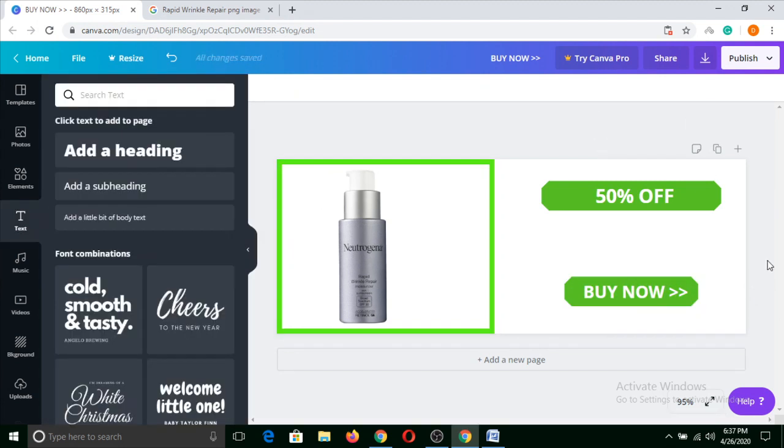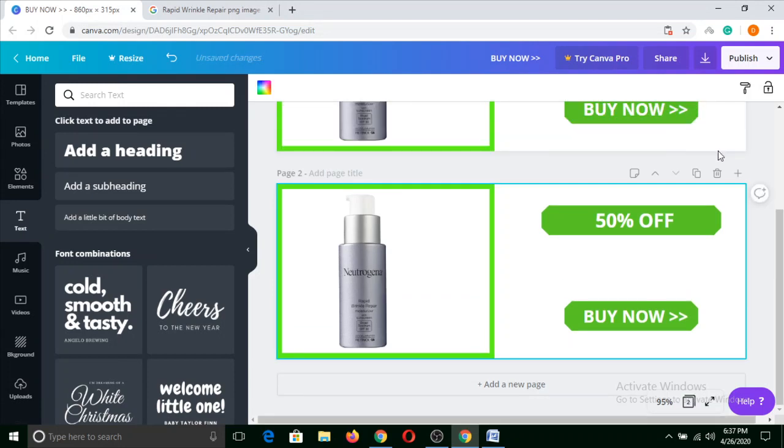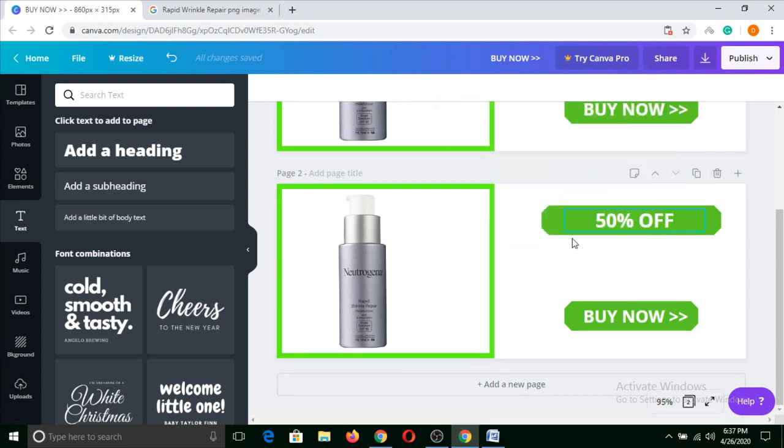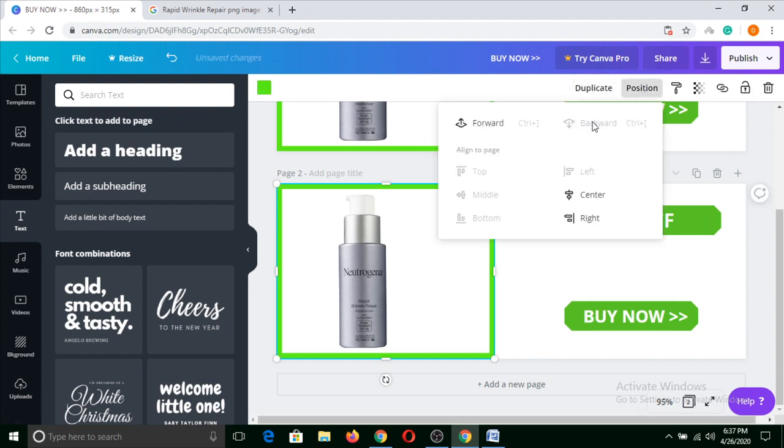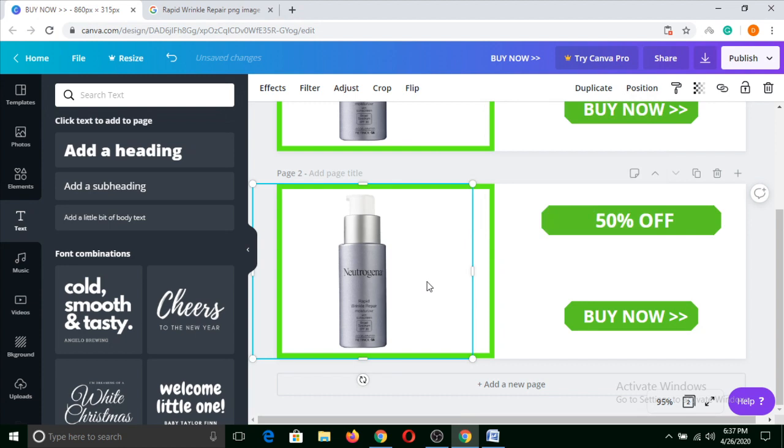Okay, you can do it like this so it can be more visible to the audience. Once you have made it for one product, you just need to click here and this image will be copied. Now you can click here, so the outline is selected, and click on position. We are making another image for another product. So we'll click here, click on position and click on backward. Now we can delete this image.